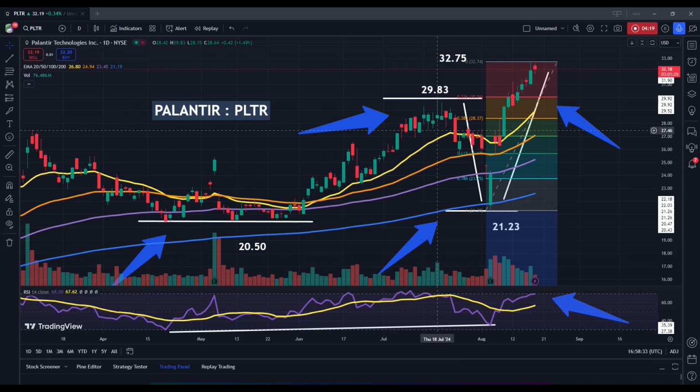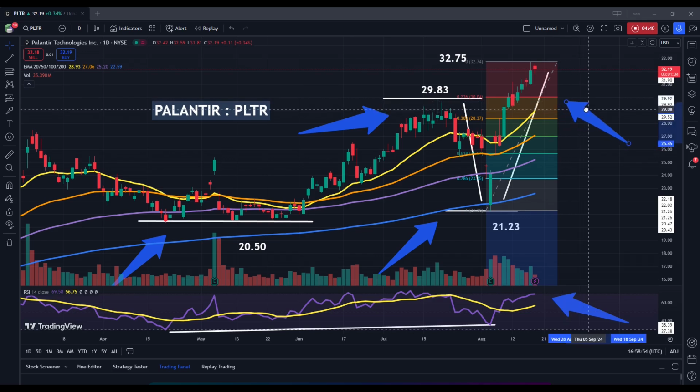So when I see two technical factors like this lining up in the same area, it is enough to give me reason to believe that support zones could start to develop in this area. So, in other words, if we did start to see a break back below this area, specifically, I would really call this 29.80. If we did see a break below 29.80, I would start to expect a deeper retracement in